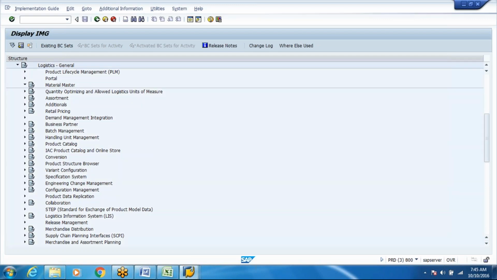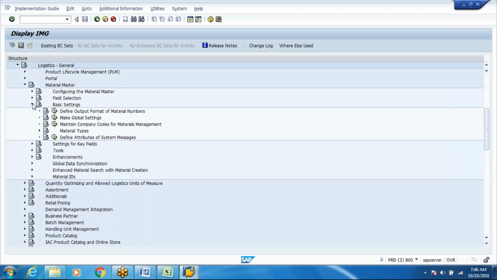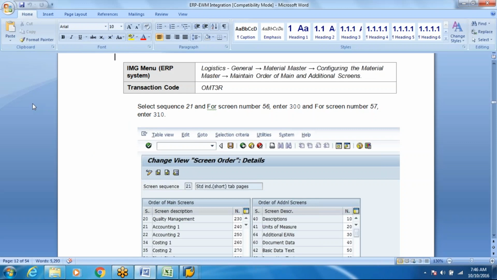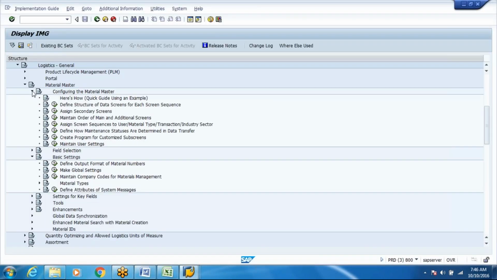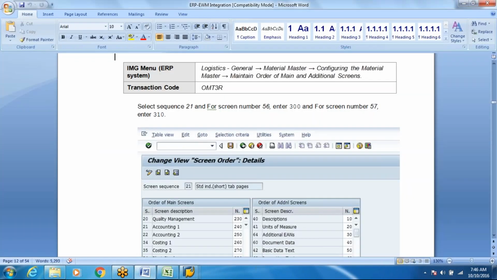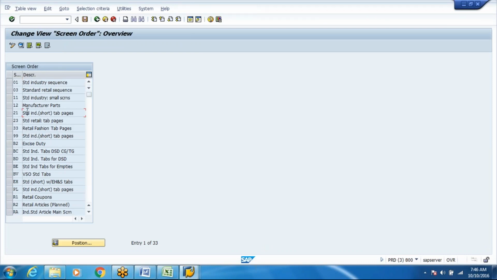Material master. Material master and configuring the material master. Assign sequence to assign all of main animation screen. Assign all of main animation screen. So what we have to do here is, you have to see